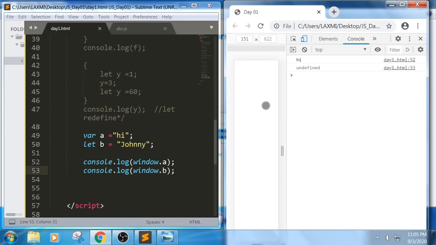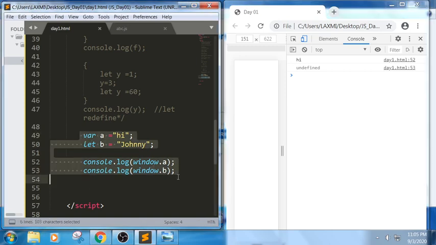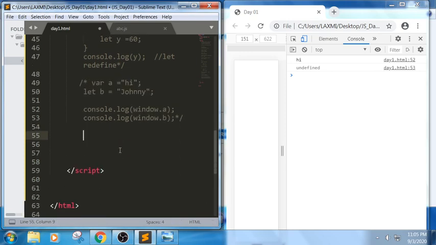For the let keyword we cannot access it globally, whereas for the var keyword we can access it globally. In the sense the global scope for var is defined, and we will get the same value we have assigned. For let we will not get any output, we will simply get undefined. I am placing this in comments.